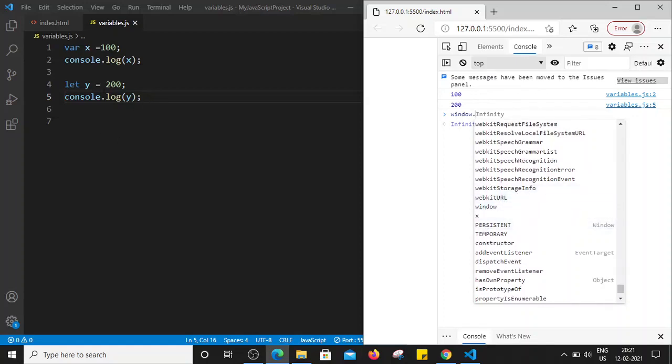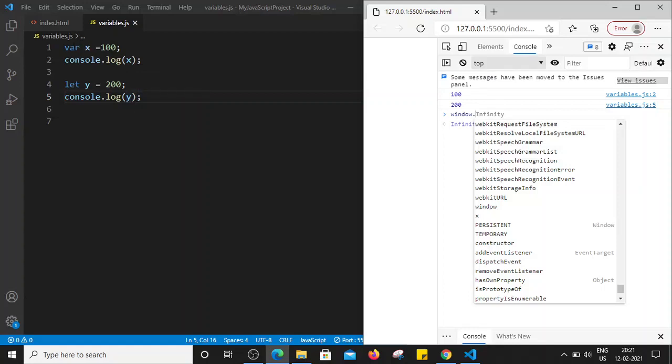So whatever variables we define by using let and const, they don't become the property of the window object. That is one kind of advantage for let and const, because if there are any third-party frameworks or different types of libraries which we are using in our project, they might have some similar property.